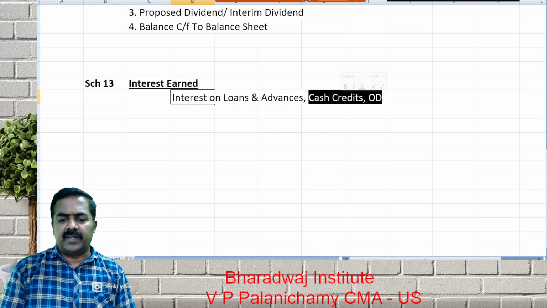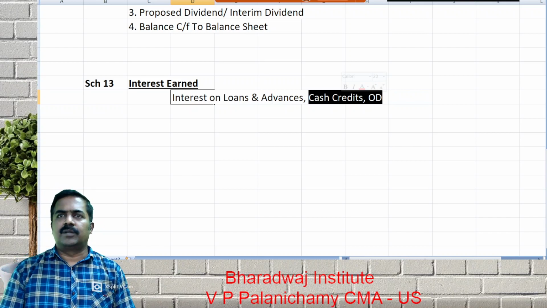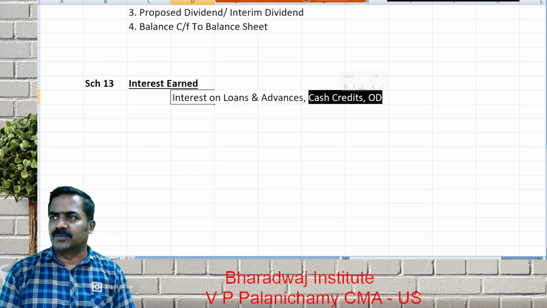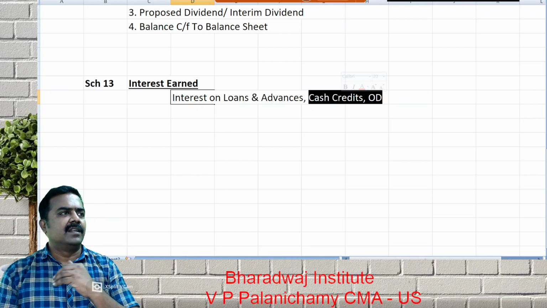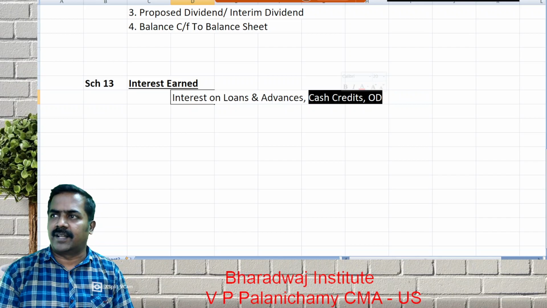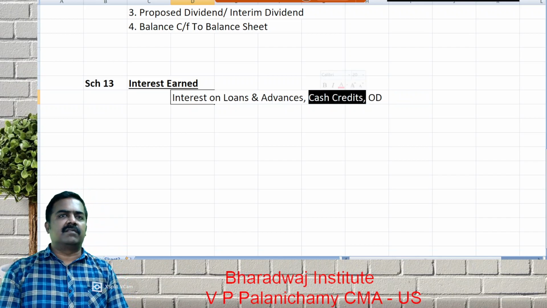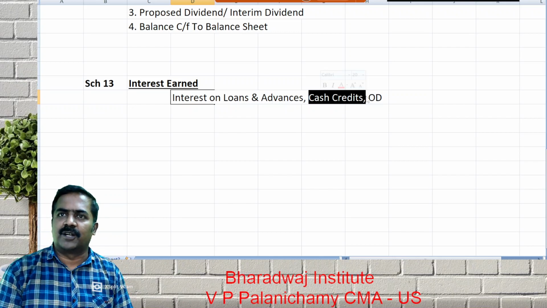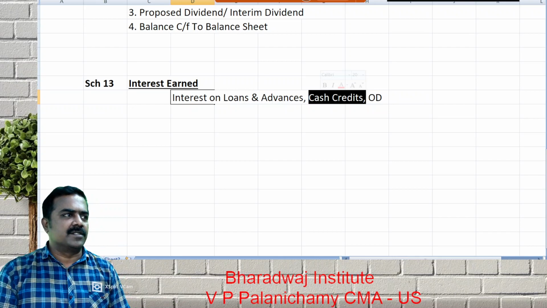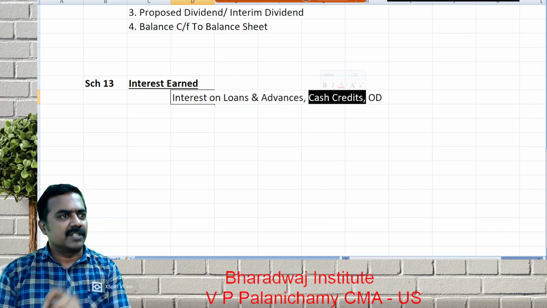What is the difference between cash credit and OD? OD is nothing but the amount of negative balance you can withdraw up to. For example, my balance is 0, and I have taken an OD of 10 lakhs. Now I can use it for transactions up to 10 lakhs. Cash credit means I would have been given an OD limit with a cash withdrawal facility. Let us assume you have a current account with balance 0, and you are availing an OD of 25 lakhs. Can you withdraw that money in cash?